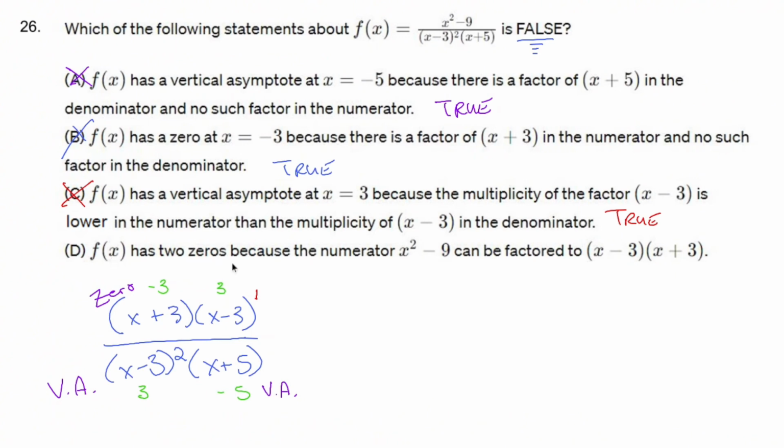f of x has two zeros because the numerator x squared minus 9 can be factored. I mean, yeah, it can be factored to that, but this is not a zero because it's negated by that. So D is the lie. D is the lie,